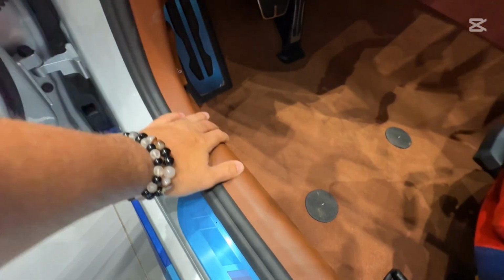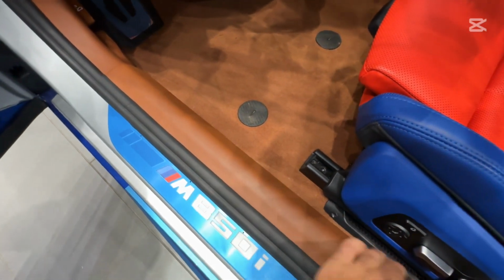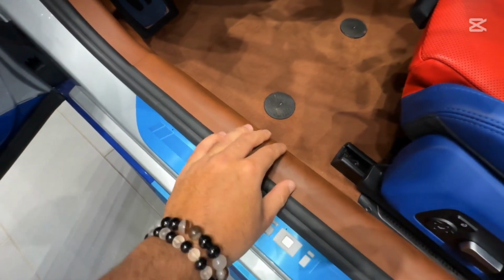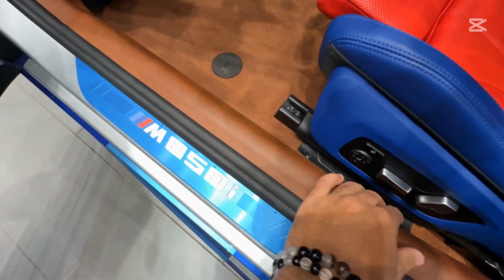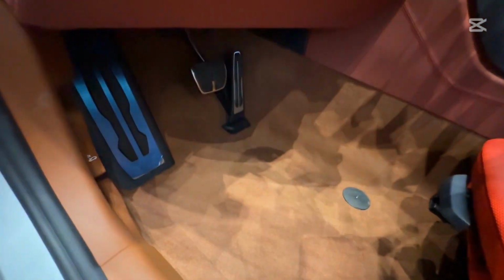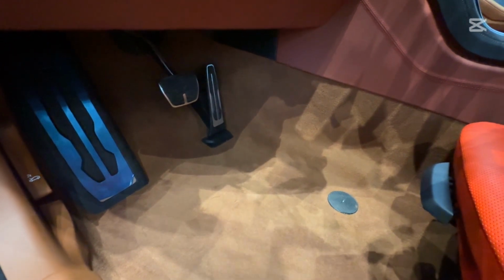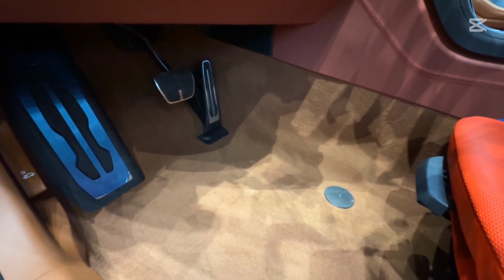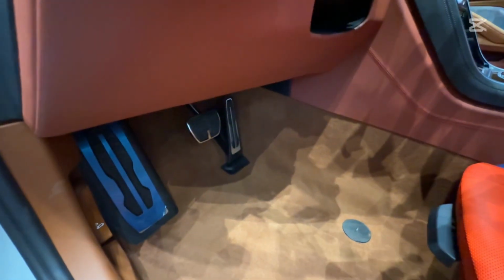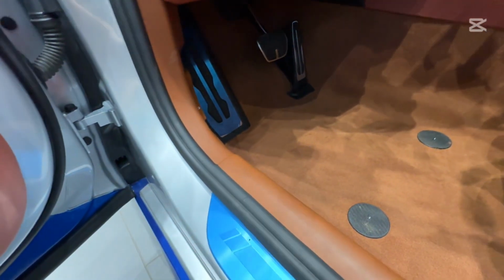And another very special and unique detail is the material used for this section here all across the door sill. I'm not sure if it's leather, but it definitely feels like a super high quality material. And one of my favorite features of this car is this brown high quality soft carpet, which is a very nice touch. I think it just goes very well with this interior, and it matches the color that goes all